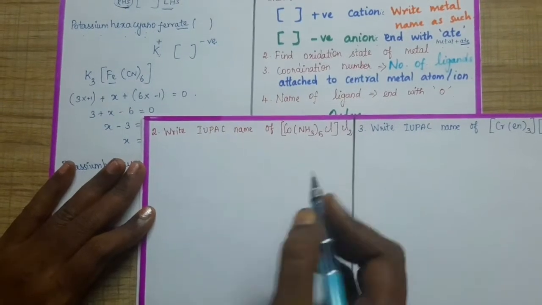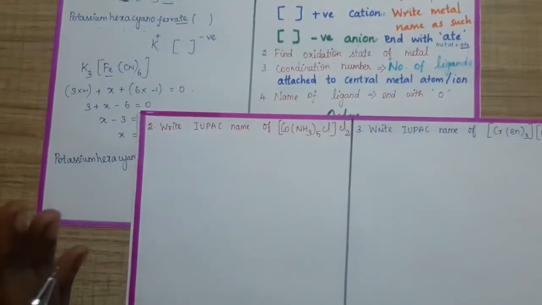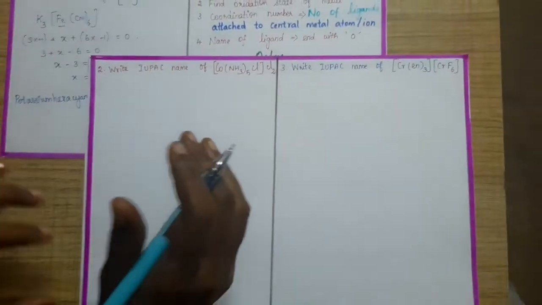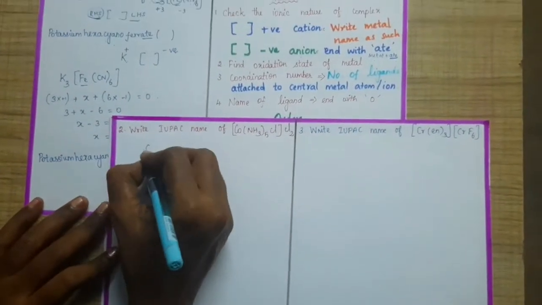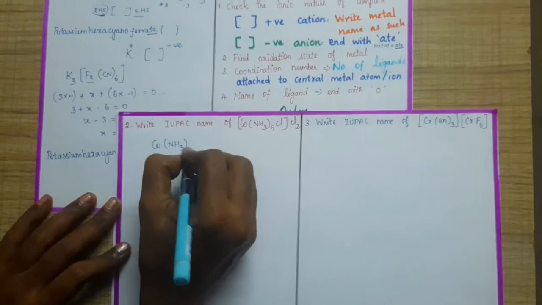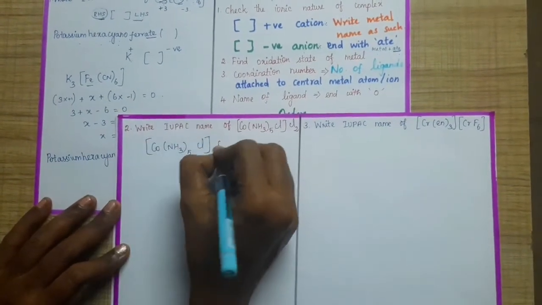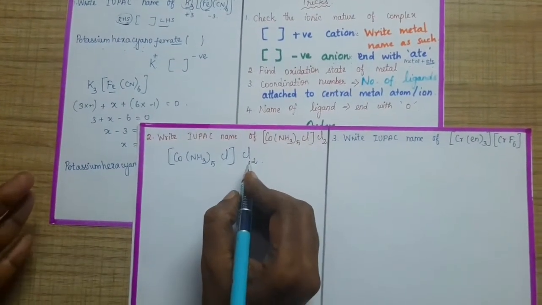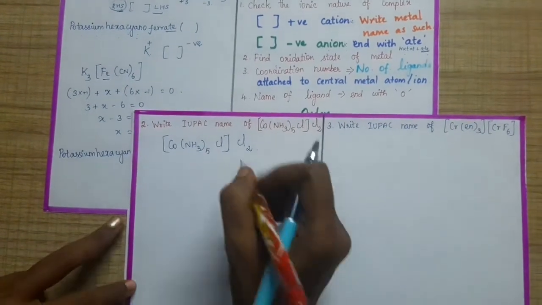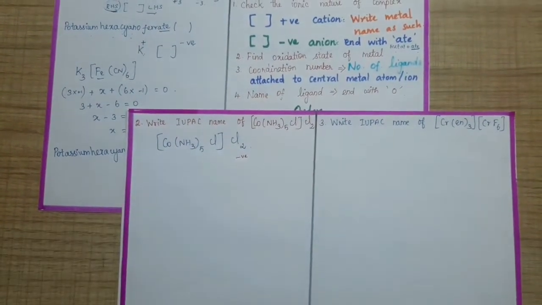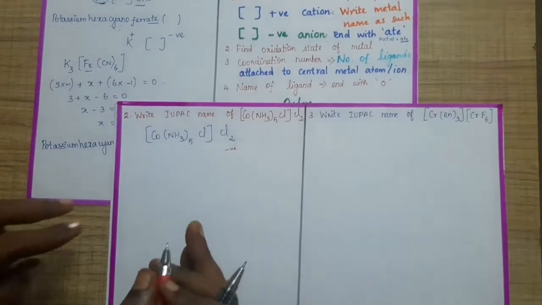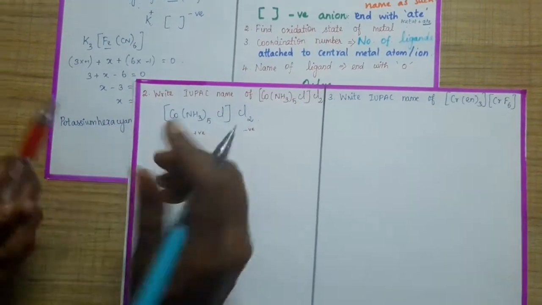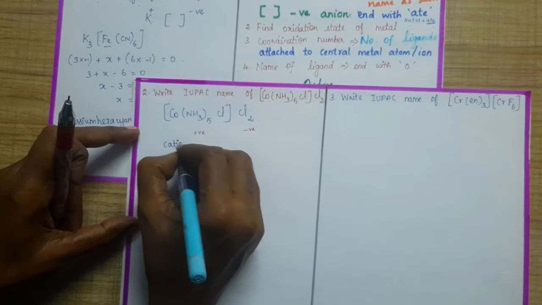[Co(NH3)5Cl]Cl2. Now in this you have to remember one thing. You have to name the ligands in alphabetical order if there is more than one ligand. First step, let us consider whether it is a cationic or anionic complex. Simply you can find out. Chlorine is a halogen, we know that, so it obviously carries a minus 1 sign, so it belongs to the negative category. So if that is negative, then the complex will be positive. So it is a cationic complex. I can confirm that it is a cationic complex.